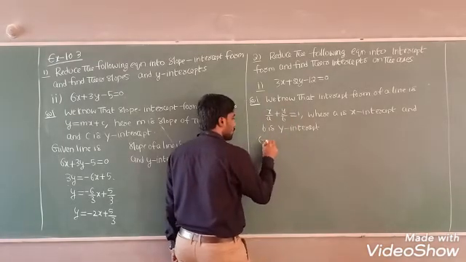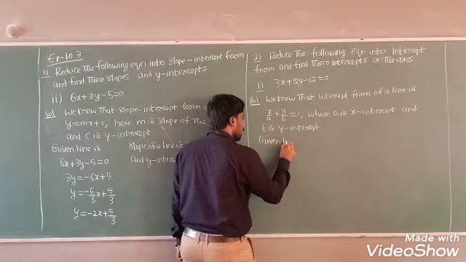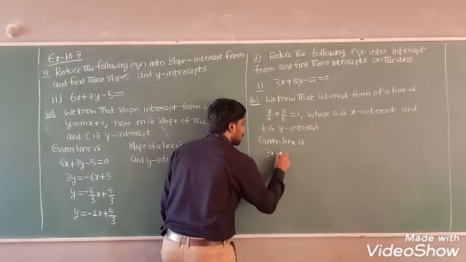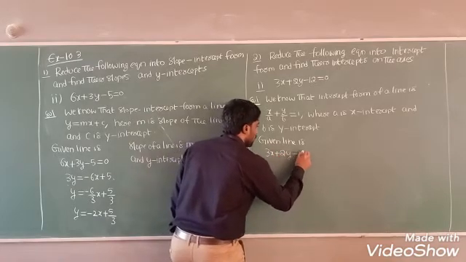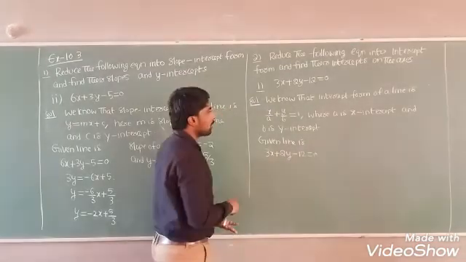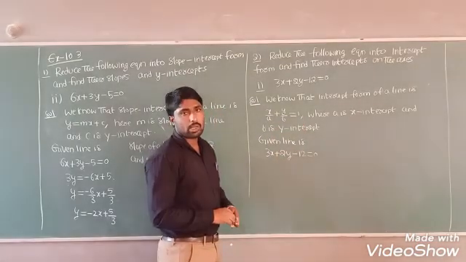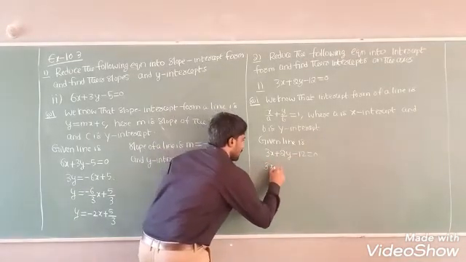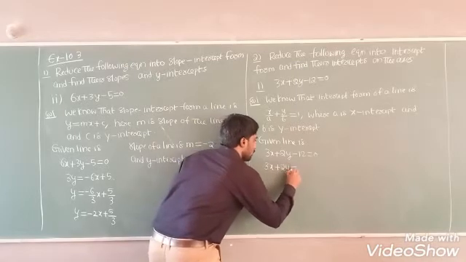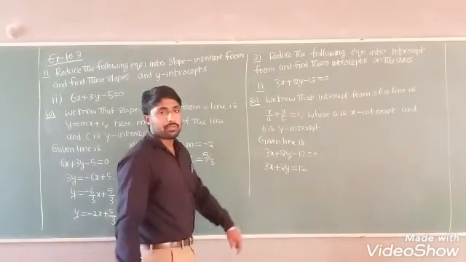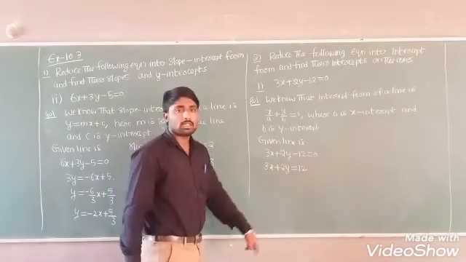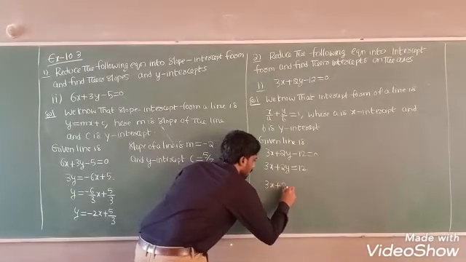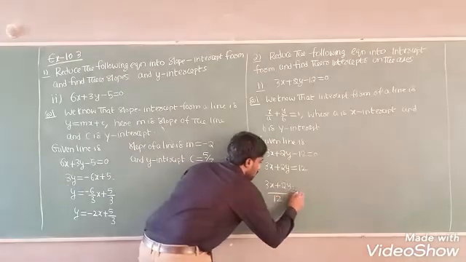Okay, so now what is the given line here? 3x plus 2y minus 12 equal to 0. So what is this form here? The constant value should be equal to 1. Okay, that's why if minus 12 shifts that side, what I will get here? 3x plus 2y equal to 12. Okay, both sides if I divide with 12, this side constant what I will get? 1. Okay, so what I will get here? 3x plus 2y by 12 equal to 1.